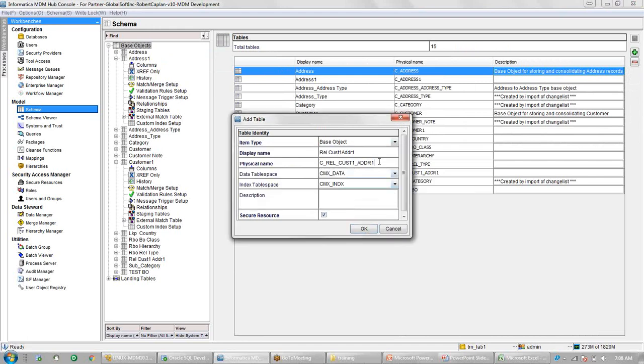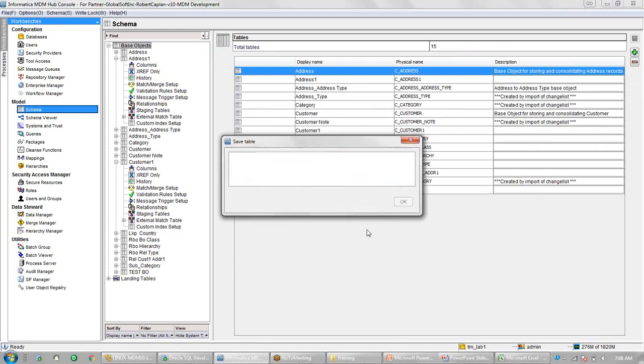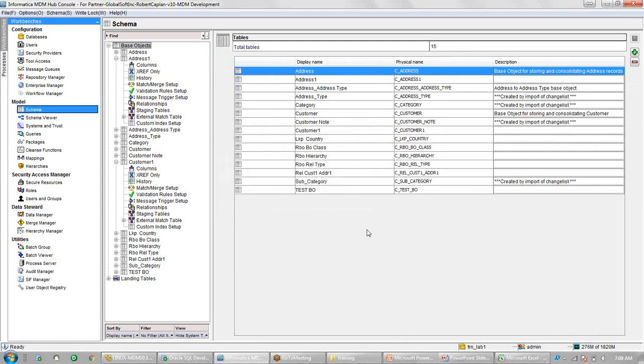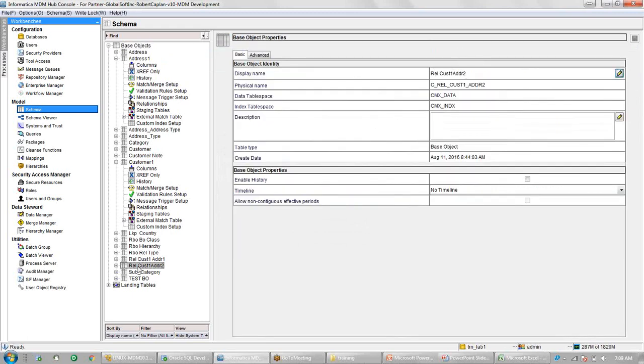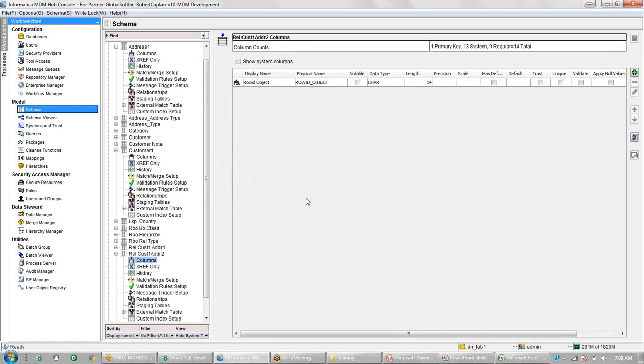Already used. I'll give some other name here. Okay, so now this is my relationship table which is created.